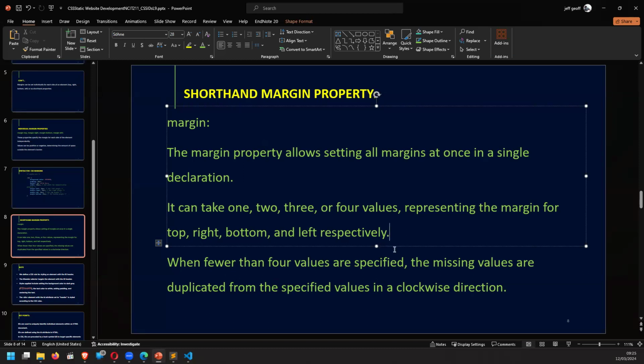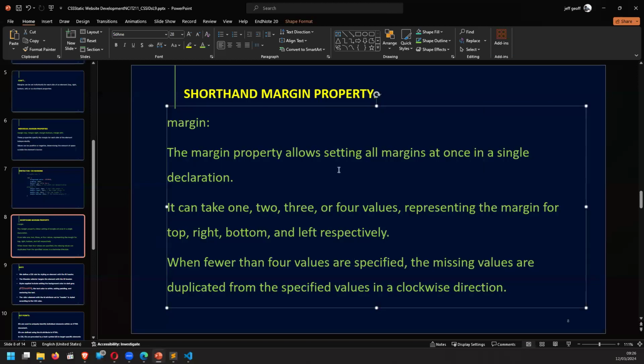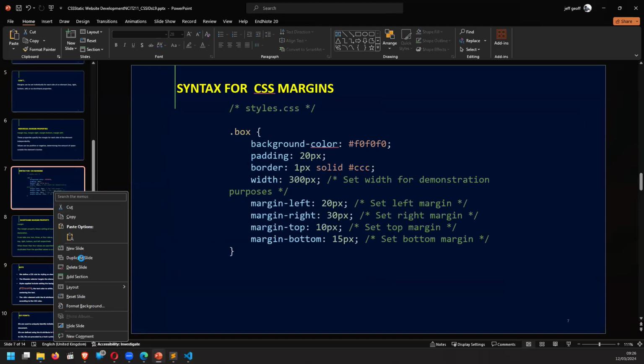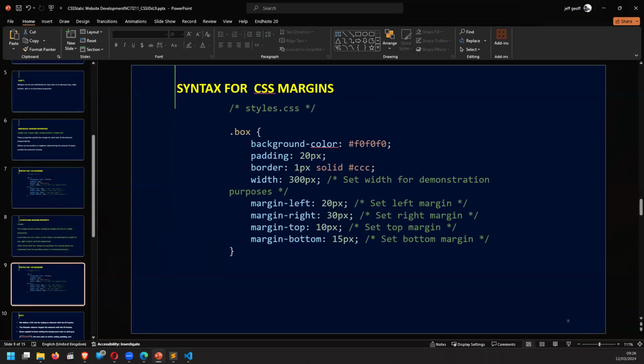Okay. And it avoids the duplicates. So that's how they use the shorthand margin. Maybe if you're interested, we can also duplicate and have an example of